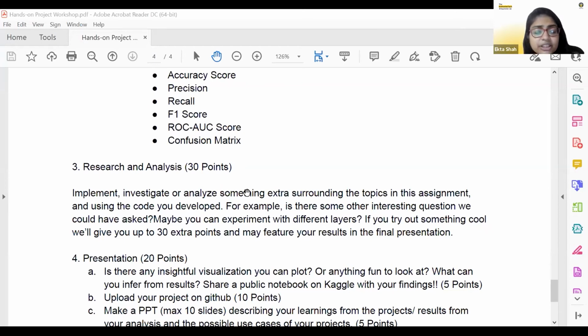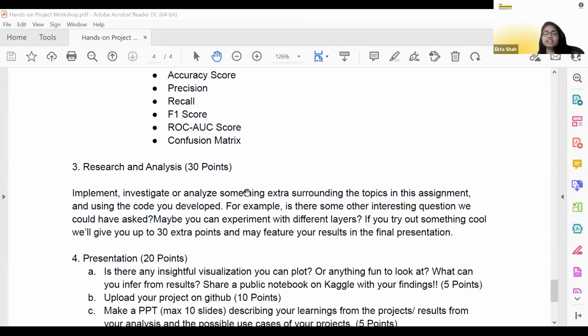If you try out something cool, we'll give you up to 30 extra points and may feature your results in the final presentation. So this is your out of the box space wherein you can do a lot of work around the kind of project that you're dealing with and try to give some insightful findings from your EDA, from your entire project that you'll be undertaking.